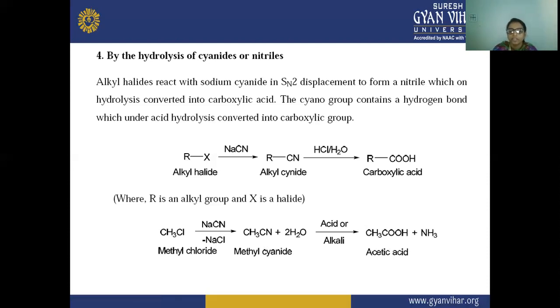And when this methyl cyanide is reacted with acid or alkali, here we have chosen HCl, that is your mineral acid, hydrochloric acid. In the presence of this hydrochloric acid, the methyl cyanide is hydrolyzed because water is also there. So this gets removed from there, and the OOH, this double OH, gets attached to this position. So there is a formation of acetic acid, and ammonia is removed from here. So this is your hydrolysis of